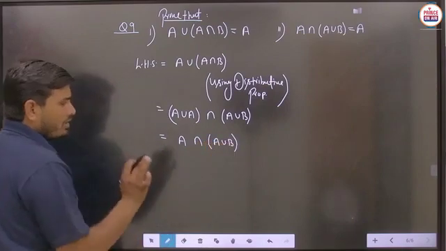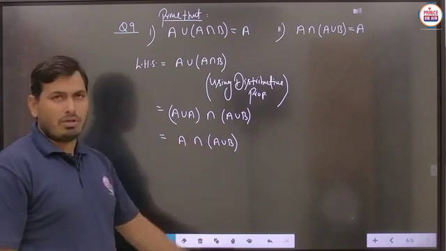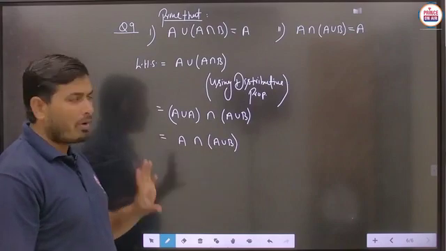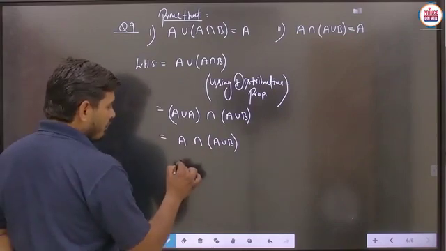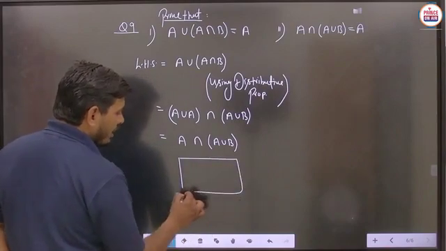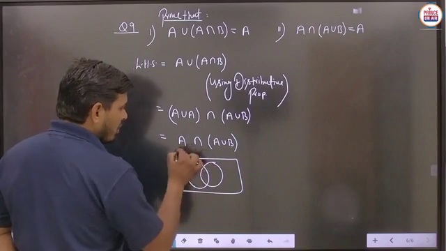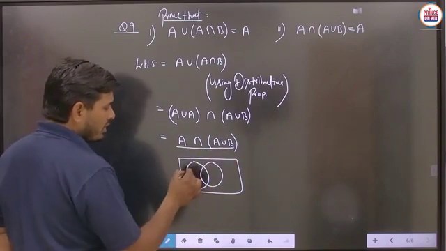Now you can just understand the thing. This is the set A and this is the set A union B, which means this is the whole part of A and B, and this is only the part of A, and we are taking the intersection. Then definitely, student, if we make the proper Venn diagram of A and B, then this particular part will represent which part? Only set A is represented by this part.